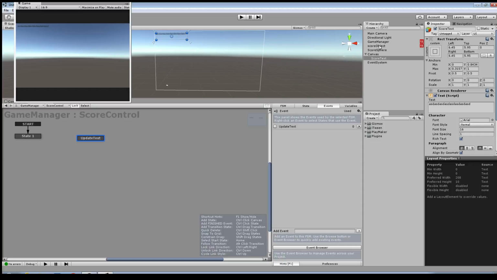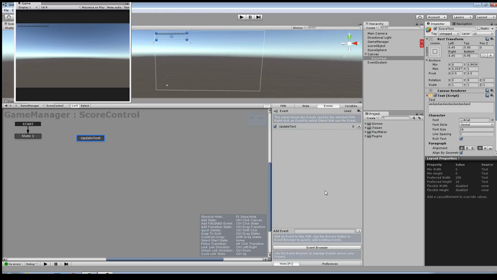For instance, when the score object updates our score, it could say, hey, go ahead and update the text, but this is not listening for it because it's not listening on a global scale. So we'll go ahead and click this. Now do note that this global event is not the same as a global variable. These do not carry over. Global events are just events that we can call from separate FSMs within the same